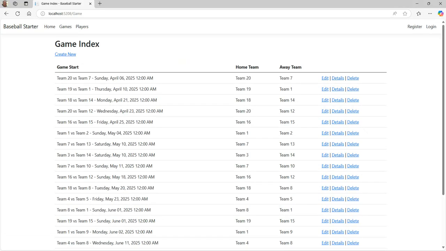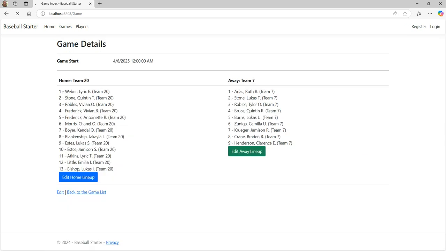Here's a list of all my games: team this versus team that, and the date and time that the game started and so on and so forth. Let's just go to details. So what we're doing in code is, when we create the game, this is team 20 versus team 7. I didn't bother with names. You can see these are all the players on the actual team itself. So we initially load, as we would expect, all the players on team 7, who would make up the away team here, because we said that they were going to be the away team in this particular game,